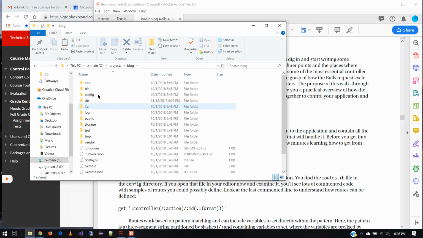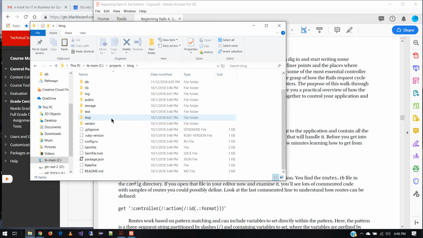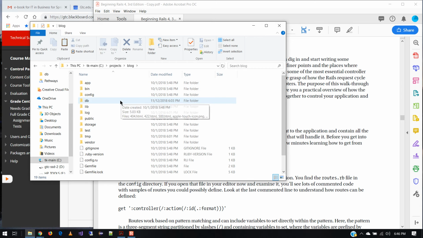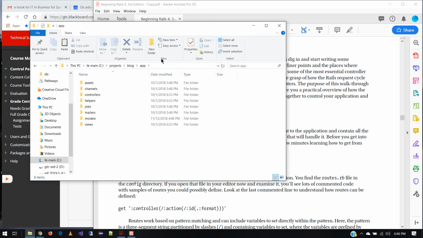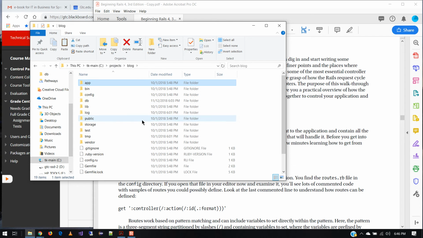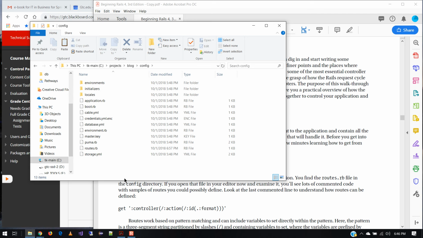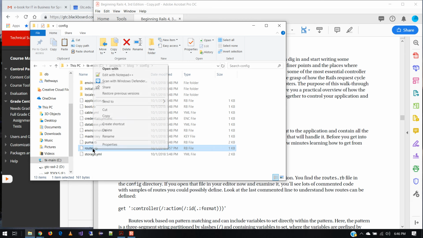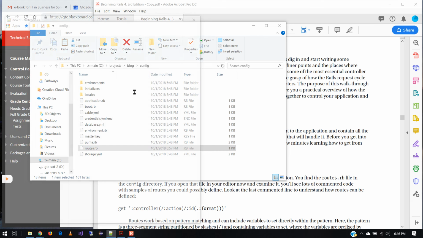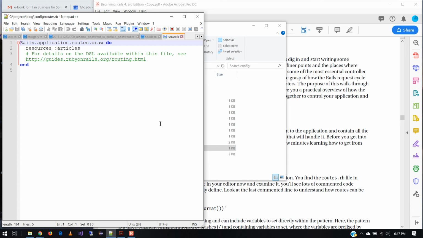So we can go into the blog folder and see if I can remember where it is. It's in the config folder, and you're going to see that there is a routes file. If you go ahead and open that text file and take a look,